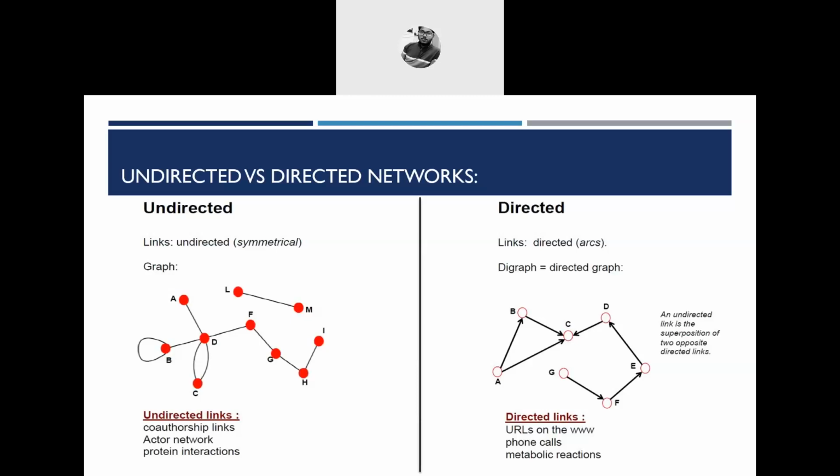Then we have phone call records. Now when we call someone, we call from one direction to another. It cannot be that we call from both ends at once. That is not a concept. We call from one side to the other. So phone calls are directed networks. And metabolic reactions: there are certain metabolic reactions which are causal, caused by one effect and then a second effect. So it's a stepwise, cascade process. Those are also directed networks.